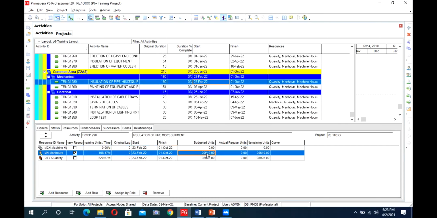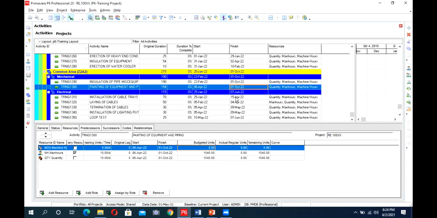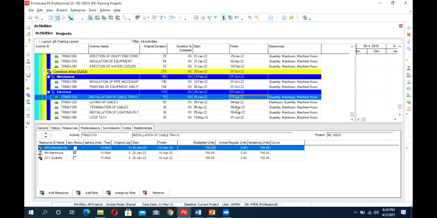Now P6 will tell us the loading for every activity, how much resource it is consuming in which month. So if it has 0 units, it will not show any loading for this resource. Thank you, Mr. Umair. Nicely explained. Thank you.